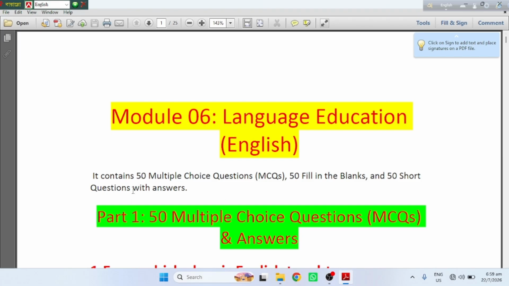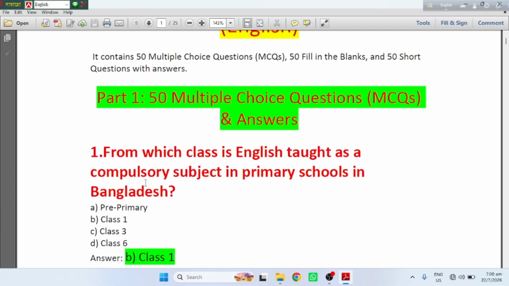এখানে আমাদের ৫০ টি মাল্টিপল চয়েস কোয়েশ্চেন অর্থাৎ এমসিকিউ প্রশ্ন এবং তার সঠিক উত্তর রয়েছে। ৫০ টি ফিল ইন দ্য ব্ল্যাঙ্কস অর্থাৎ শূন্যস্থান পূরণ রয়েছে এবং ৫০ টি শর্ট কোয়েশ্চেন আনসার রয়েছে।